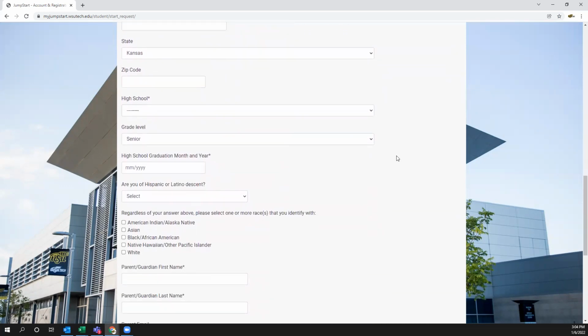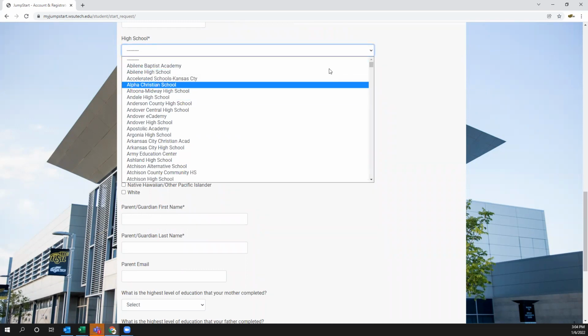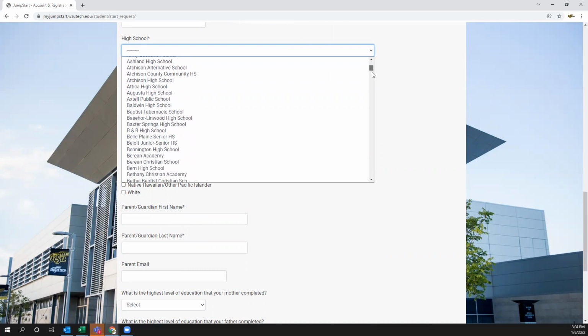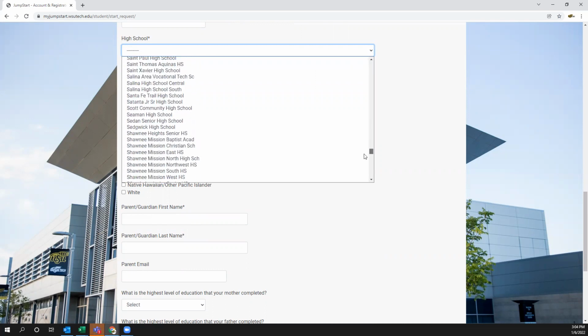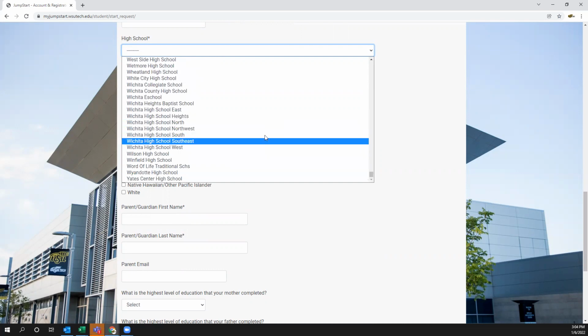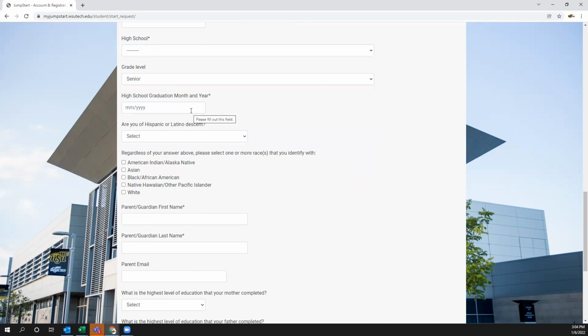As you are completing this, when you get down to high school, be very specific about the school that you choose. Every high school in the state of Kansas is listed on here. If you attend a USD 259 school, please remember that most do begin with the words Wichita High School before having the school after it. High school graduation: if you are graduating in the month of May, you are going to choose 05 and then put the year after,